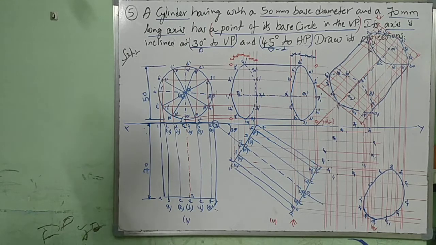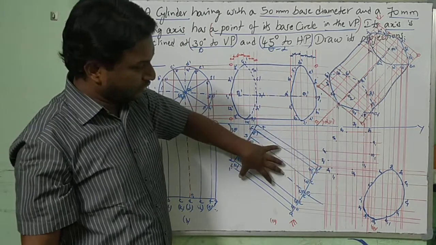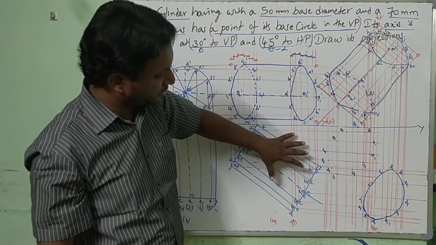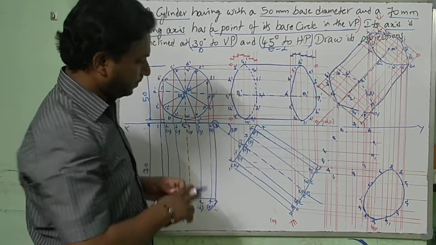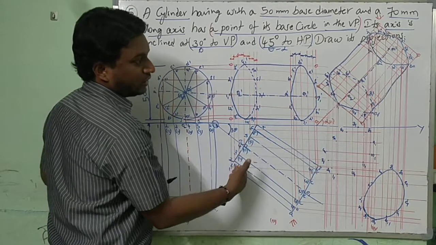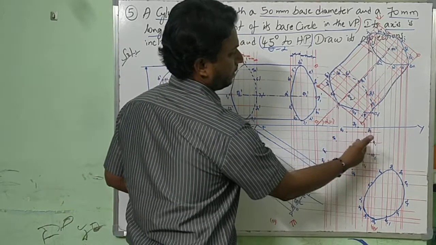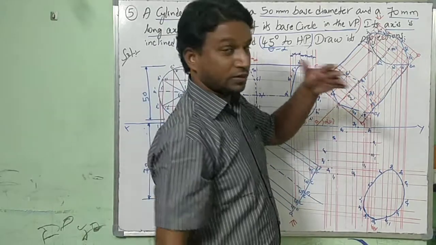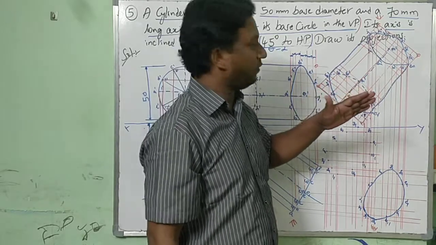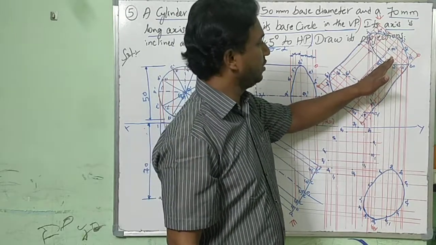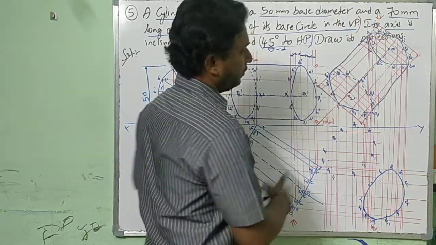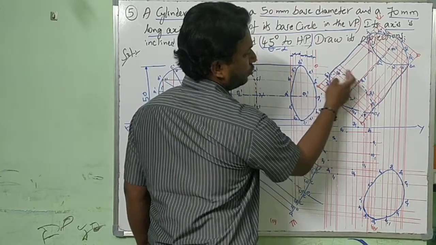See, it is simple. We are looking from here, right? And this has rotated. With respect to this, I am rotating it here. Now whatever points are outside here should be drawn thick. We are following a method with respect to the half line. With respect to this half line axis, whatever points are above should be thick when I am looking from here. Now, with respect to this axis, what are the points outside here?